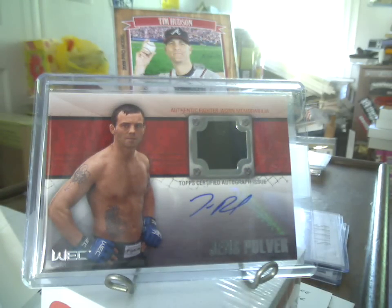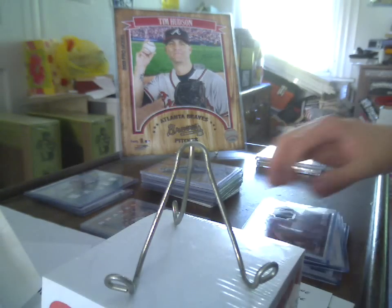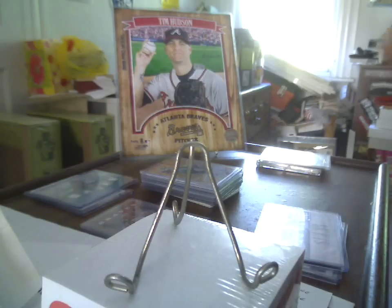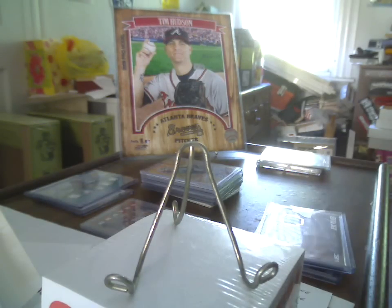I checked, I believe this is the one that I think it is. I checked my MMA bucket and did not see a Jens Pulver in there. So while I don't typically go for the Mem Autos, I made an exception for this one just because of obviously the fact that it's this cause and whatnot, and with the offer price and all that was excellent. This one I'm not 100% sold on keeping. I'm going to send this video at this point to Dole USMC. If you want this and I can break even on it for what I paid for it plus the shipping,